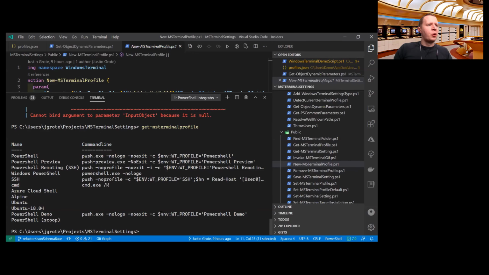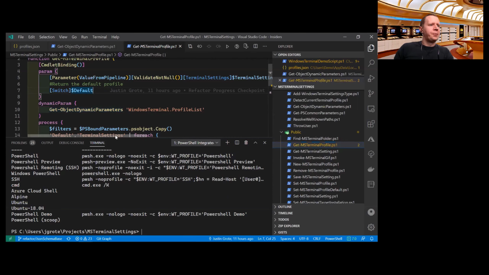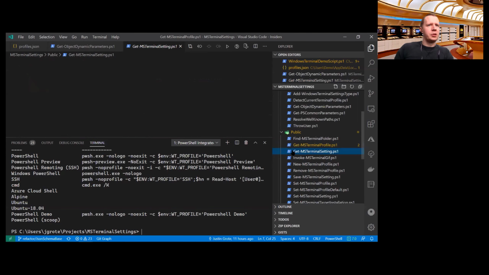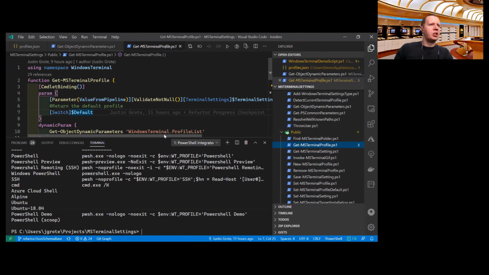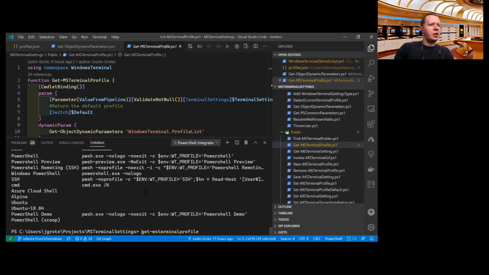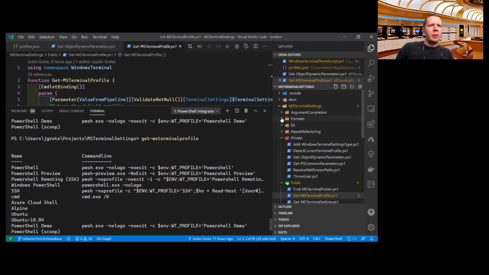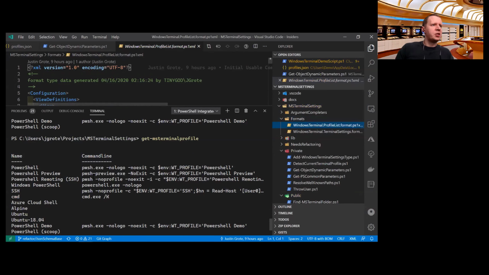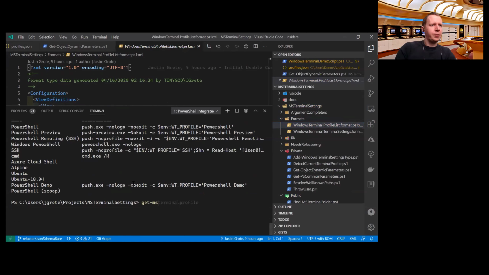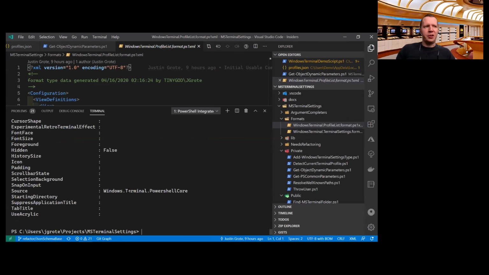So here's my Get-MSTerminalProfile by default. The only parameter I've defined here is default, because it was Get-MSTerminalSetting if you want to get it there. And Get-MSTerminalSetting just pulls in whatever the terminal setting is, that's your default thing. So Get-MSTerminalProfile gives me this nice view. And for this view, I generated a format. There's a nice command for generating formats, but that's why it looks that way as opposed to looking like this. This is what it looks like by default if you don't add the format. Not as friendly, obviously. And you can also put it into Out-GridView